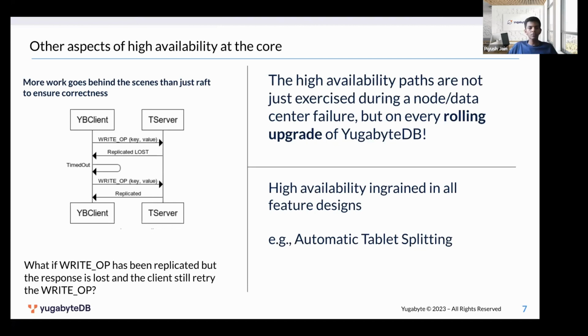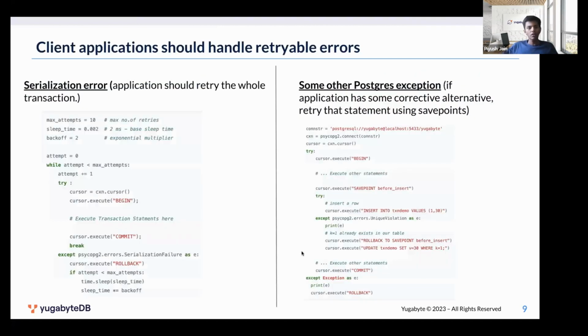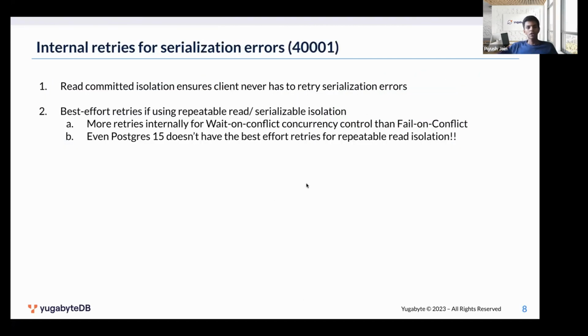Okay, let's move on. Let's discuss serialization errors. So this was HA of transactions handled by YugabyteDB. Now, pausing there, what are serialization errors? When you have transactions running in any isolation level,